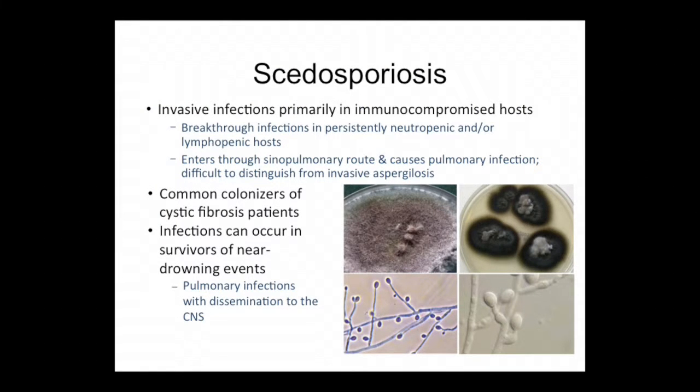One of the other invasive mold infections that's important, at least specifically in lung transplant recipients, is scedosporiosis. As you know, this is an invasive infection primarily in immunocompromised patients. It can cause breakthrough infections in those who are either persistently neutropenic or lymphopenic. Very similar to aspergillosis, it enters our body by the sinopulmonary route, and can be difficult to distinguish from invasive aspergillosis in some cases. It can also be a common colonizer in cystic fibrosis patients, and it can cause infections in survivors of